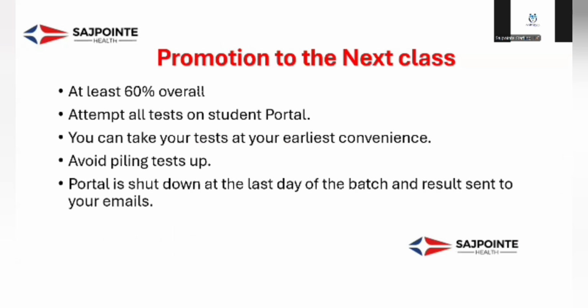Okay. If you have 60% and one test was not attempted, that's like a fail for us. That is because each of these tests' questions represents a particular content area for that class. So if you're missing one test, it simply means you're deficient in that particular content. So to move you on to the next class, we recommend that you completely finish all your tests and